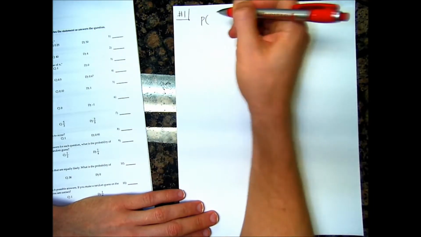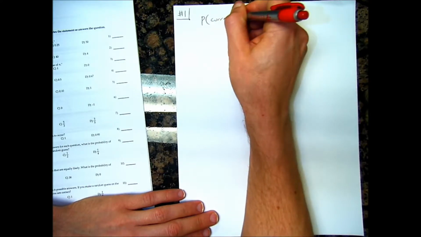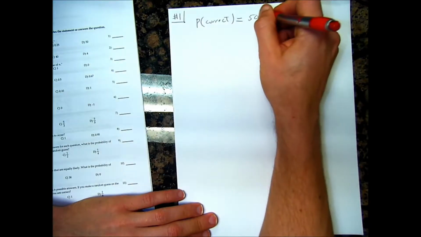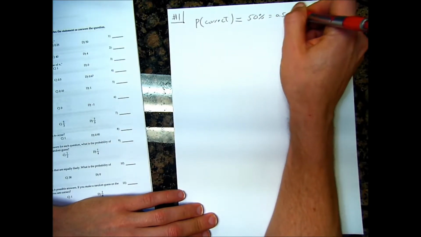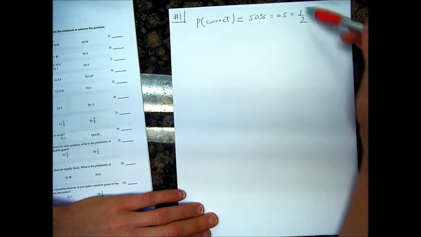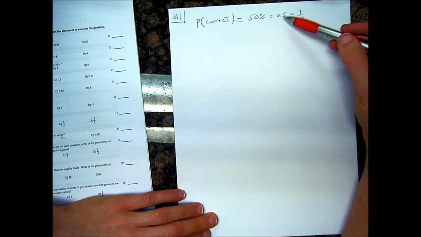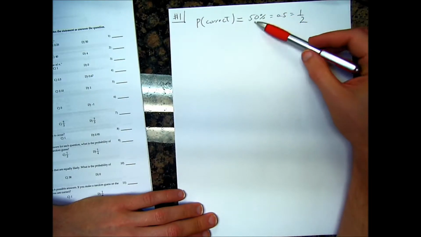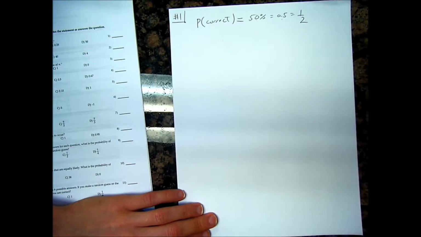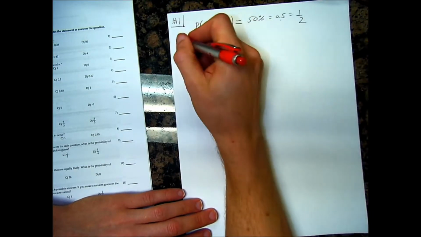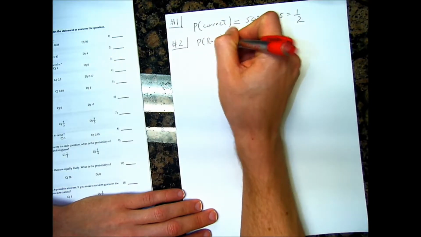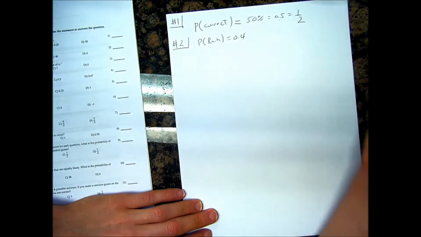The probability of getting the answer correct, I guess one might write, is 50%, or 0.5, or 1/2. These are the three different ways we're going to write probabilities. Fractions are very nice for certain reasons. Percentages, I don't usually write probabilities. Usually I either write probabilities like this or this. Fractions or decimals. There's a 40% chance of rain tomorrow. It means the probability of rain is 0.4.